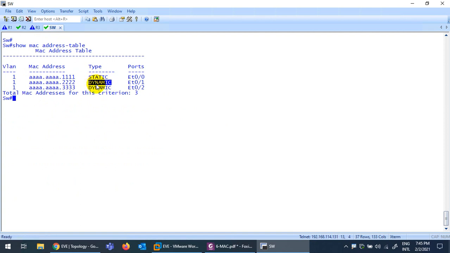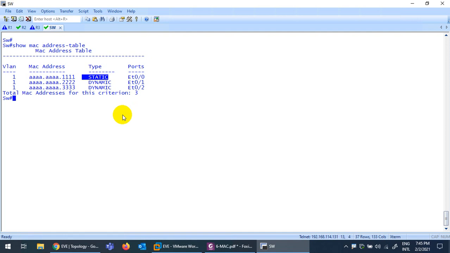Now after 5 minutes these 2 will be washed out, but this will be there. So there will be no broadcast again. But every time after 300 seconds, the other 2 routers have to send broadcast again to find out who this person is. So after 300 seconds there is continuous broadcast in your network. This is the way to learn the MAC addresses.